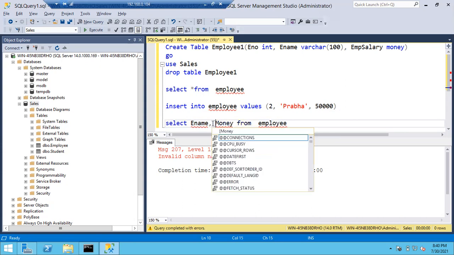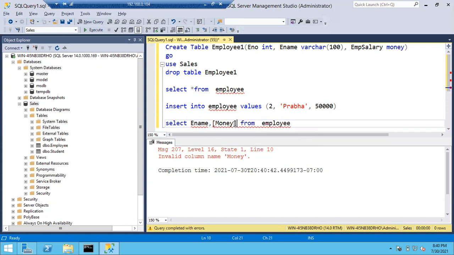Let me write like this. We'll see whether we are going to get it or not. Oh, sorry, not money. I'm sorry again. Employee salary. Salary, I'm sorry, salary. Right. Employee name, comma, salary from that.